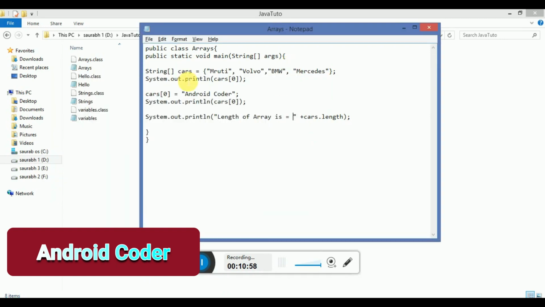One thing you noticed: what is the single square bracket here? Let me confirm that the single square bracket here represents that the array is a single dimensional array. We also use multi-dimensional arrays in Java. To declare that, we write int, first small bracket, second small bracket, is equal to, and declare the variable numbers.